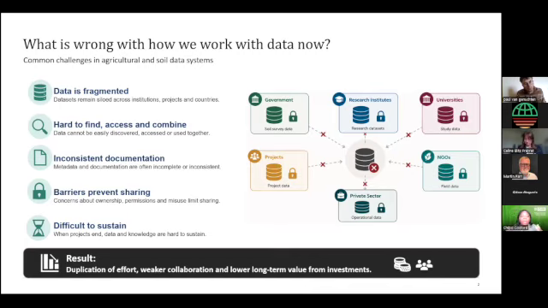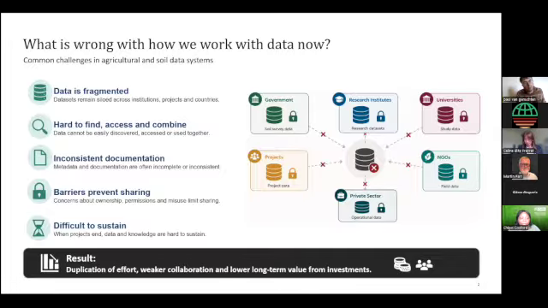And then there are other really legitimate concerns around ownership, around permissions, around the risk of misuse, right? So, what can I do with this data? What can't be done with it? Or our organization doesn't allow access to this type of data and so forth. So, these are some of the barriers and challenges that we're seeing within the agricultural data ecosystem.